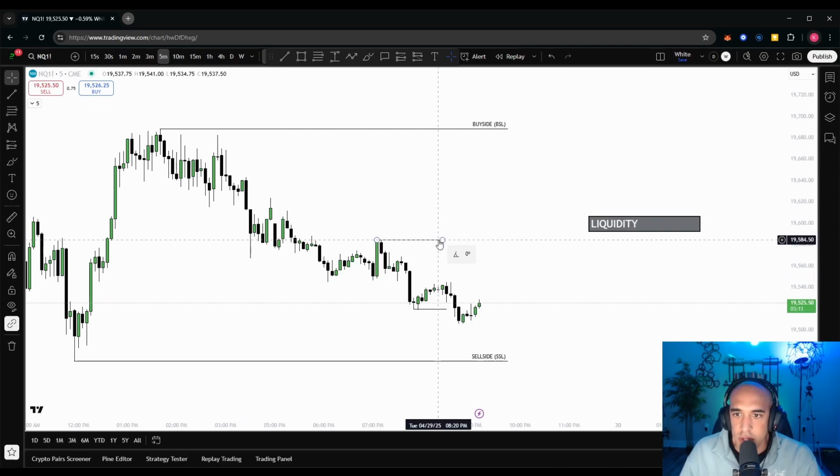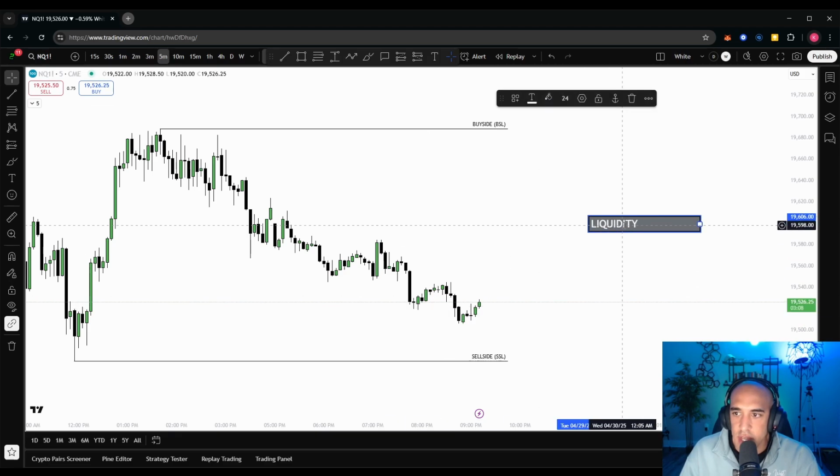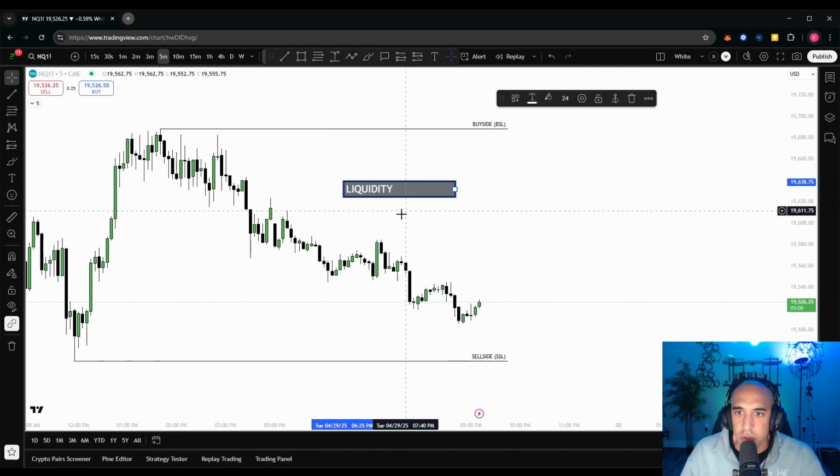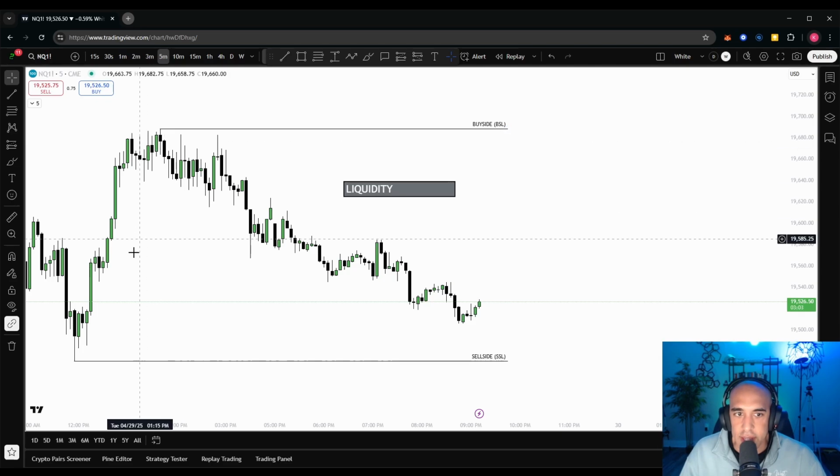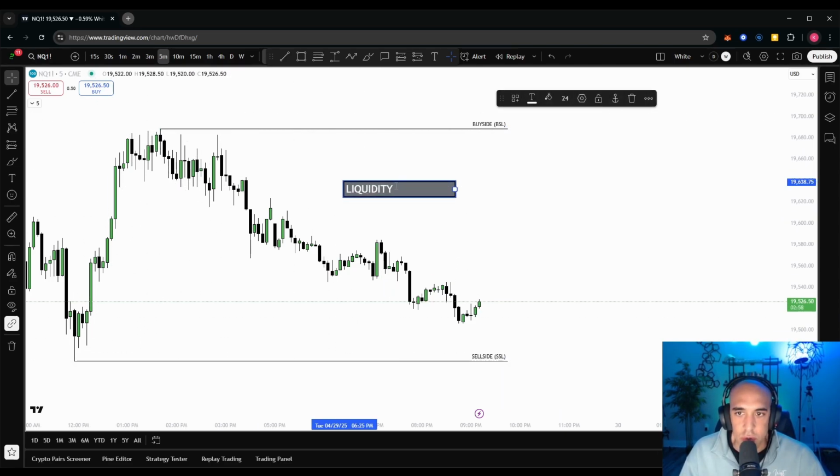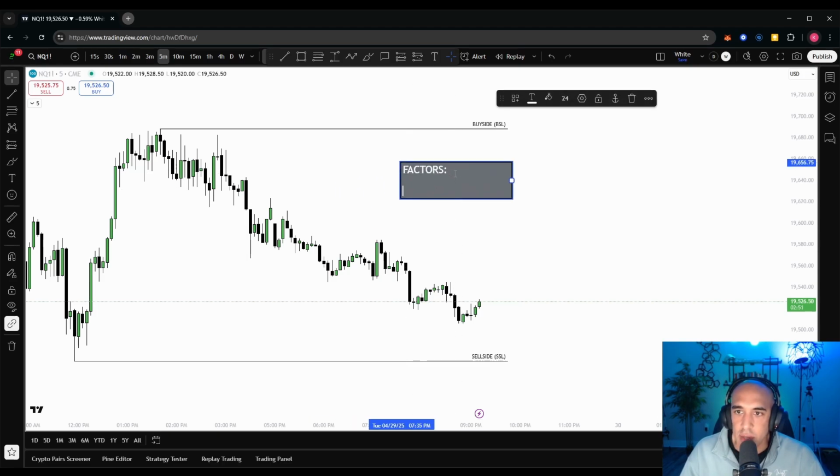Now, the key word there was could. There are a lot of factors involved with liquidity. You can't just look at highs and lows and go, all right, bet we're going to go to one of those. That's a good thought though. We are going to go to one of those, but how do you get better at predicting which one you're going to go to? There are key factors you want to think about when considering liquidity, things such as imbalances. This is a subject for another day if you're not familiar with these, but fair value gaps, imbalances. You want to take into account order flow. Is price bullish? Is it bearish?